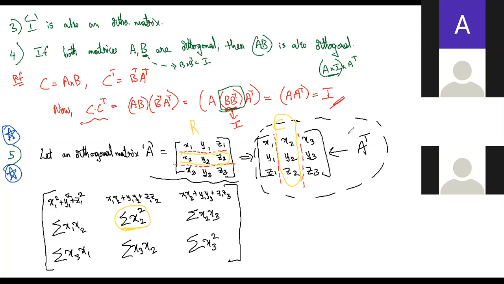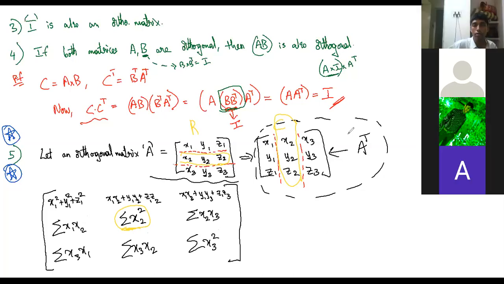What did we write? After doing all this, what did we get? This is nothing but A into what? A transpose. A into A transpose. All of you forgot what we started with. This is A into A transpose. Okay? I think I'll just write the same thing in the next video.